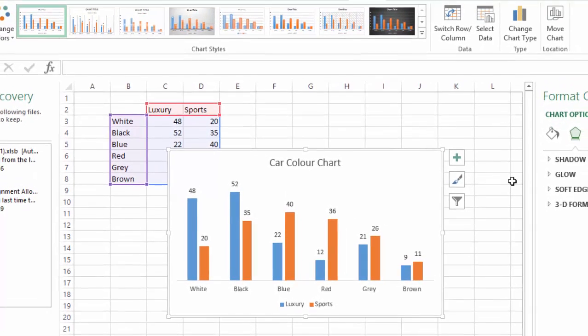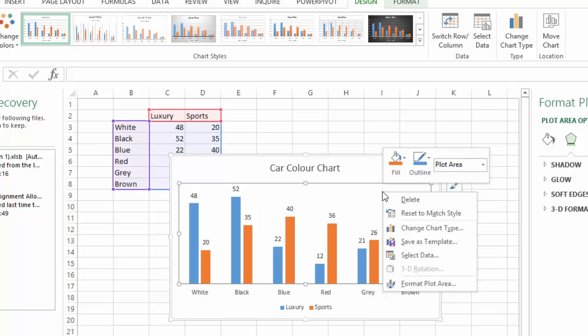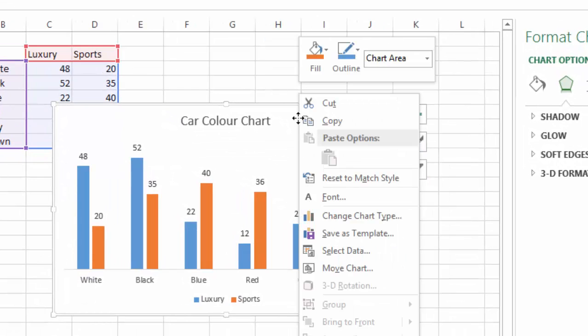When I compare, it's easy to compare. See, you can straight away find out that black and white are more preferable in luxury cars as compared to sports cars. On the other hand, blue, red and grey are preferable as a sports car as compared to the luxury car. Now one more thing that we can do is I right click on this area, go to select